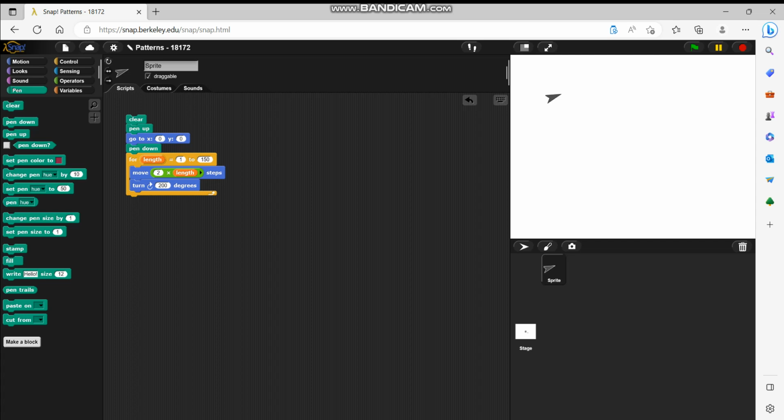Then I'm going to pull up a for loop block, which basically says that each line that the sprite will draw will have a length starting from 1 and then going up to 150. This move block basically says that each time the sprite draws a line, the length of that line will be twice the length of the previous line that it draws, and each time it draws a line, it'll turn right 200 degrees. So if you were to play this out,